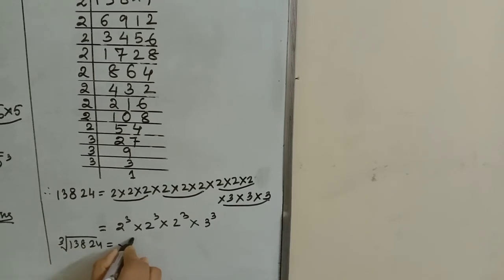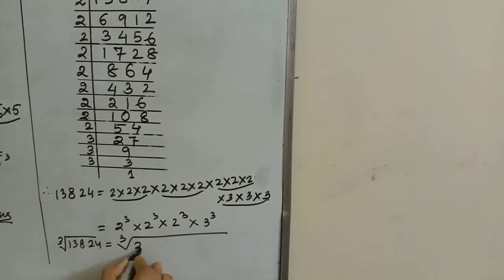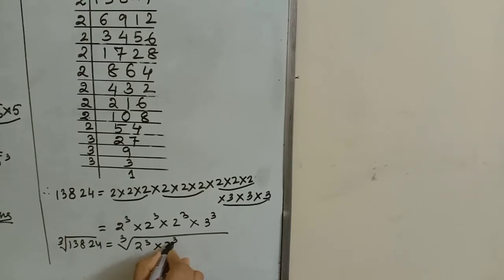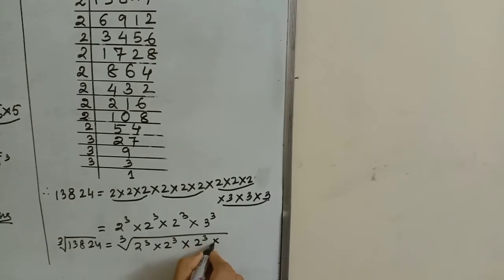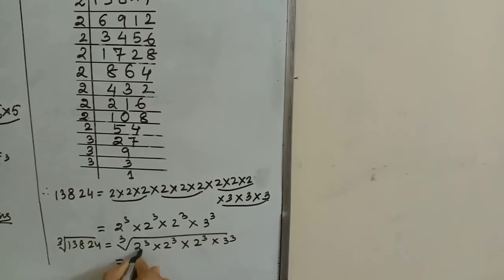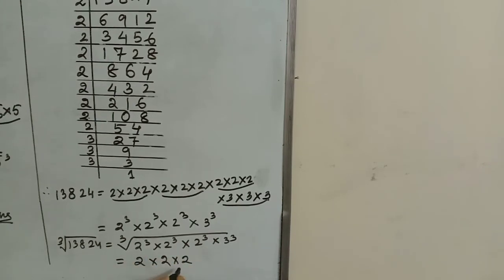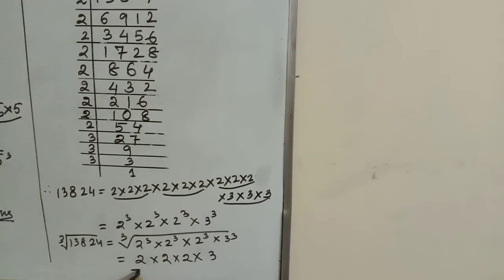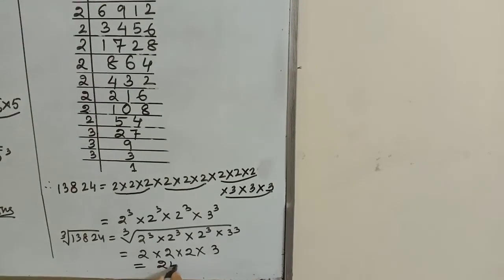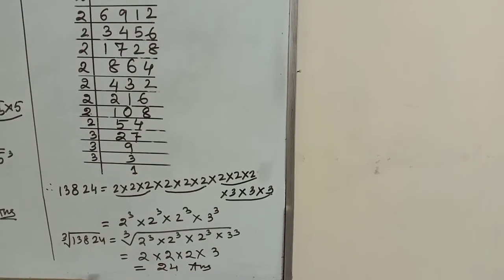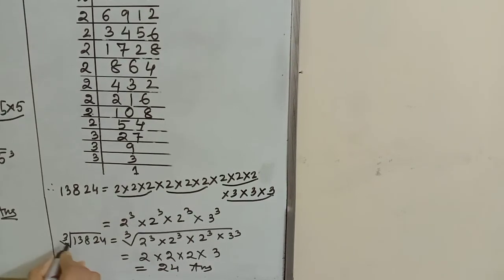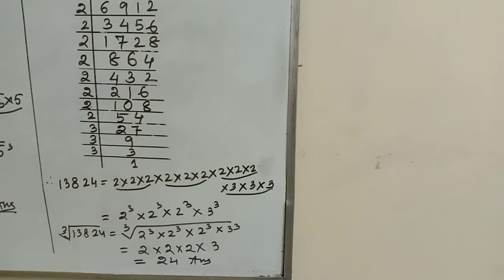Therefore cube root of 13,824 equals cube root of 2 cube, 2 cube, 2 cube into 3 cube. So out of 3 you can take one number. So from one triplet 1, another triplet, and another triplet. So 3 triplets of 2 were there, and I have taken one from each, and then 3. The number is 24. You can write 3 eights are 24. So the cube root of 13,824 is 24. I hope this will be easy for you.